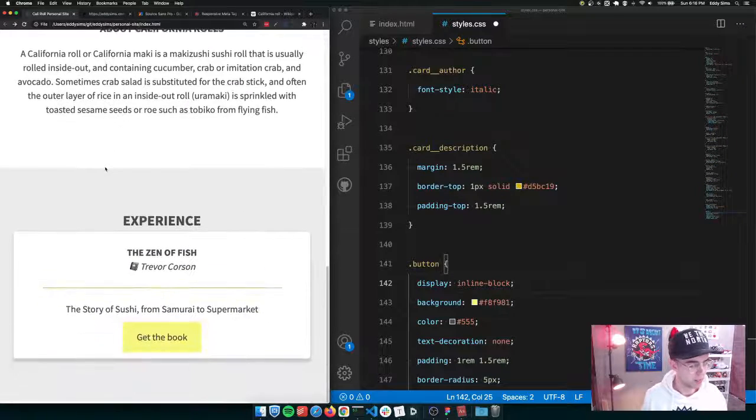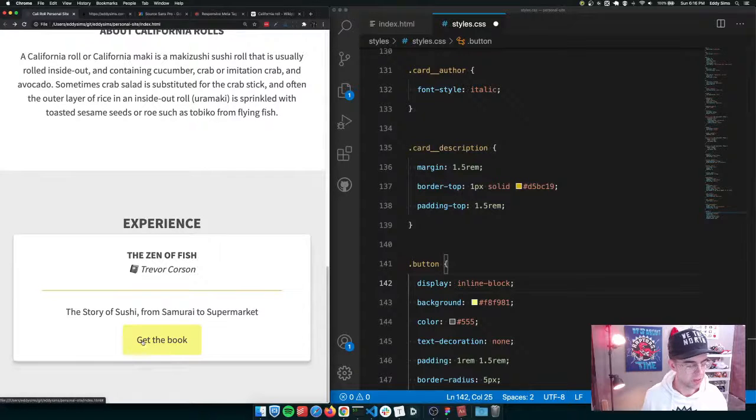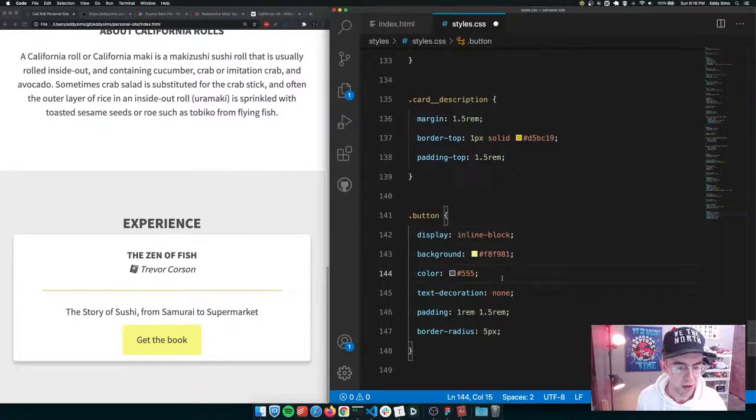So when we say inline block, we're still going to allow this button to be used inline. So we could put it next to text, but we're saying make it a block element as well so that it can have padding and margins,